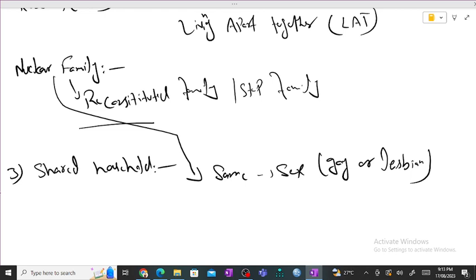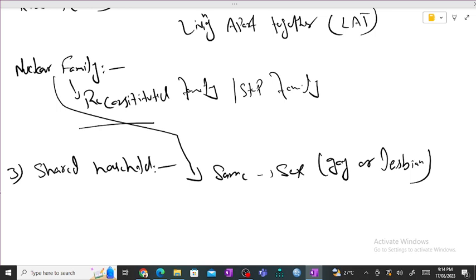It could be gay or lesbian. Same-sex couples in the UK have been able to marry since 2014. Some same-sex couples are in a civil partnership, which gives them some of the same legal rights as married opposite-sex, heterosexual couples.